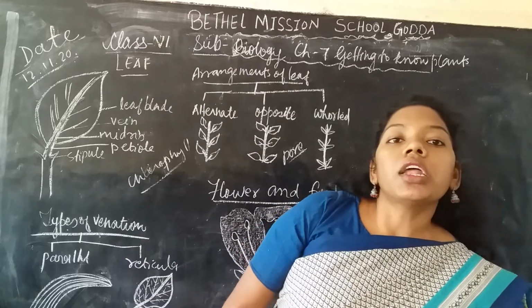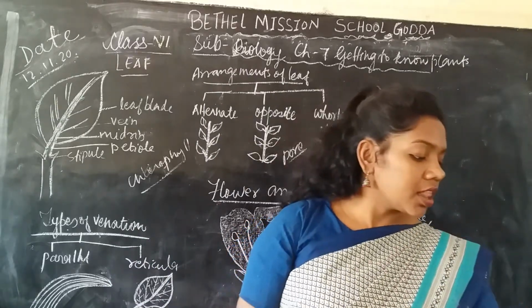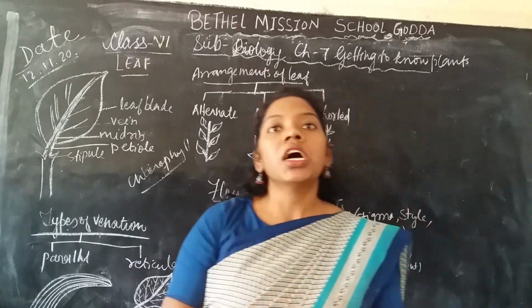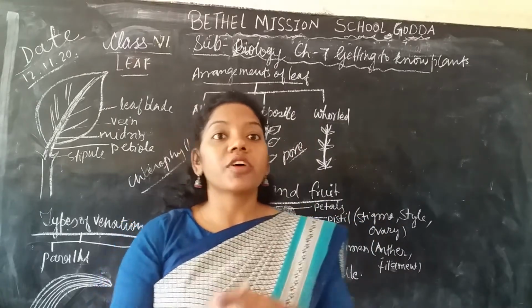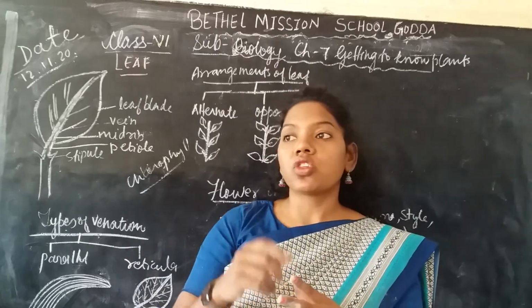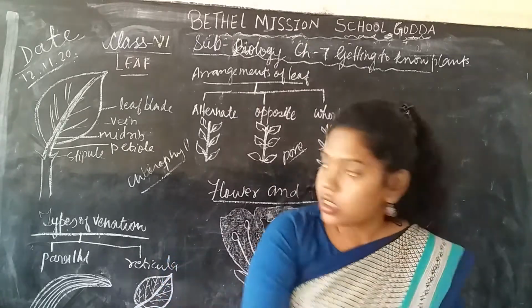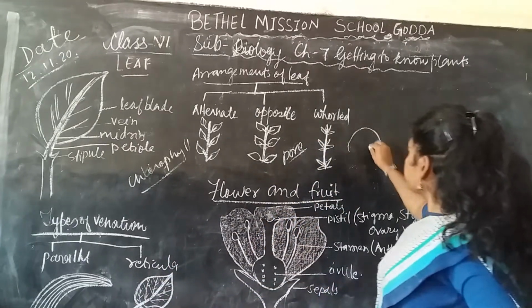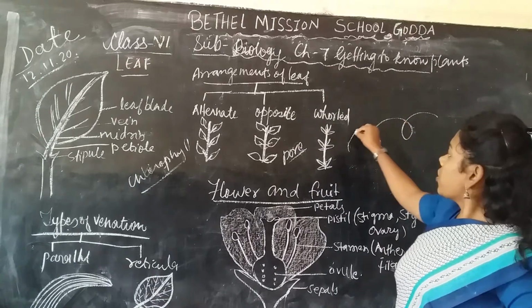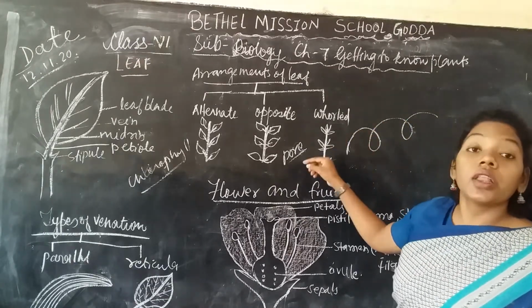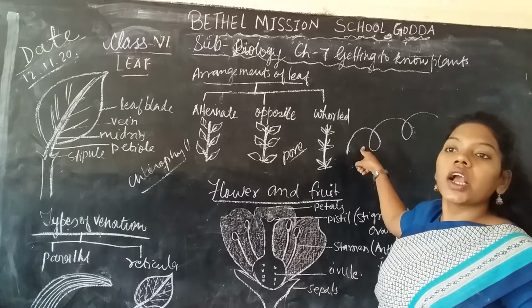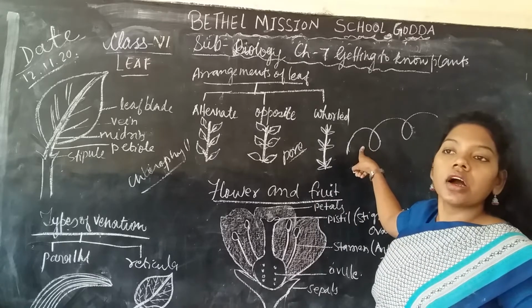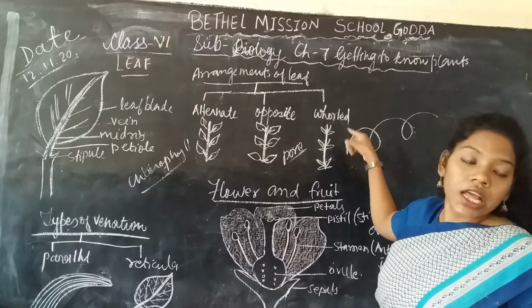Some important modified leaves are also present. Modified leaf means some of the leaves are converted into tendrils for support, like in the pea plant, where you can see so many tendrils. This type of shape you can see mainly in the pea plant, and it helps to support or stick on any stick, helpful for the support of the plant.